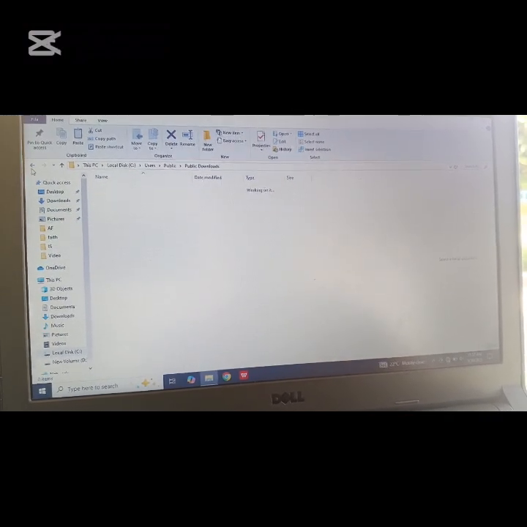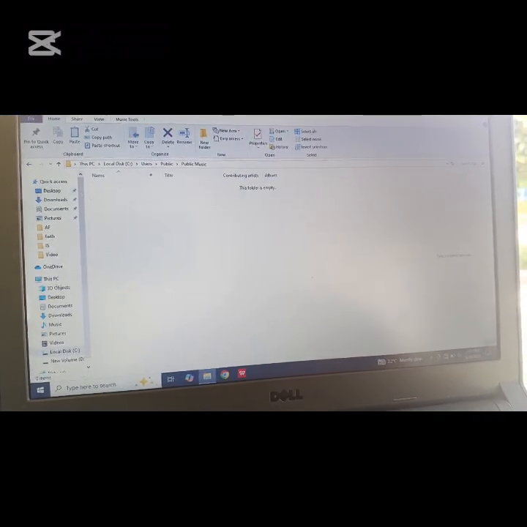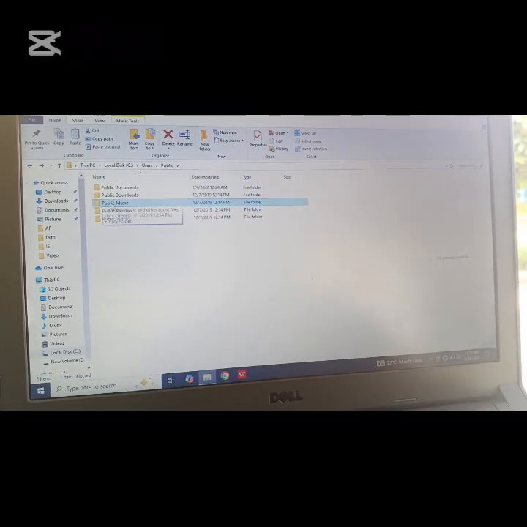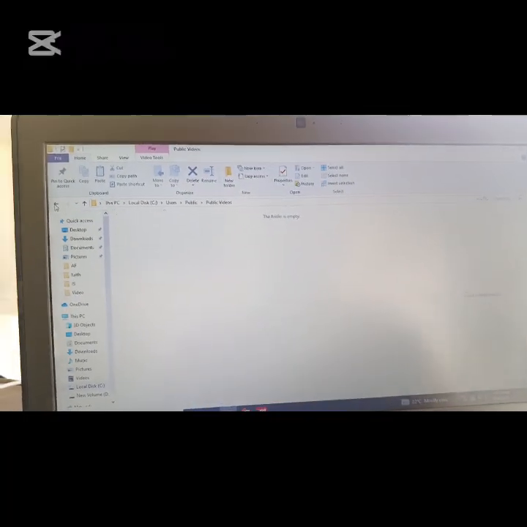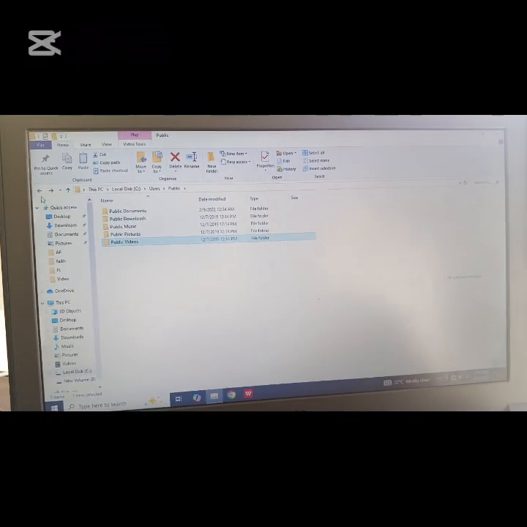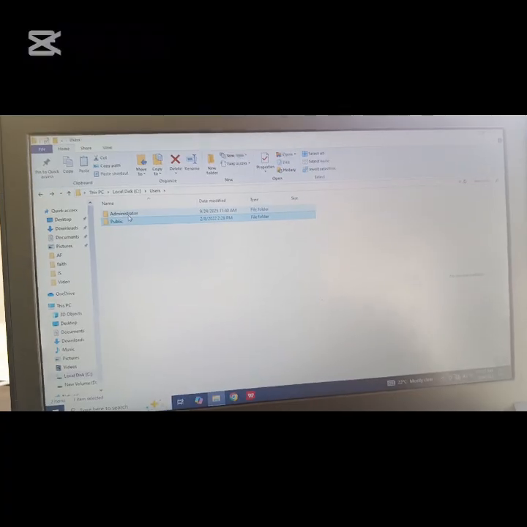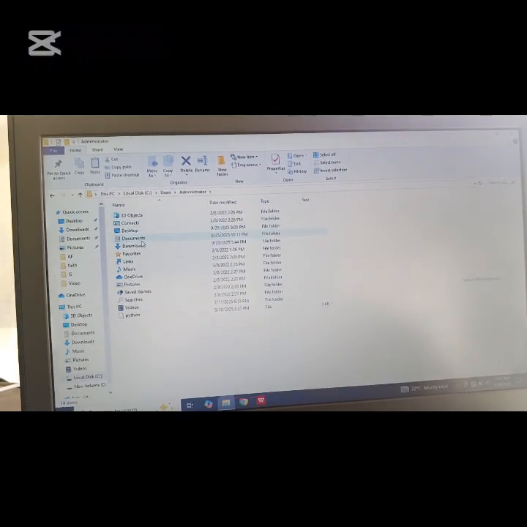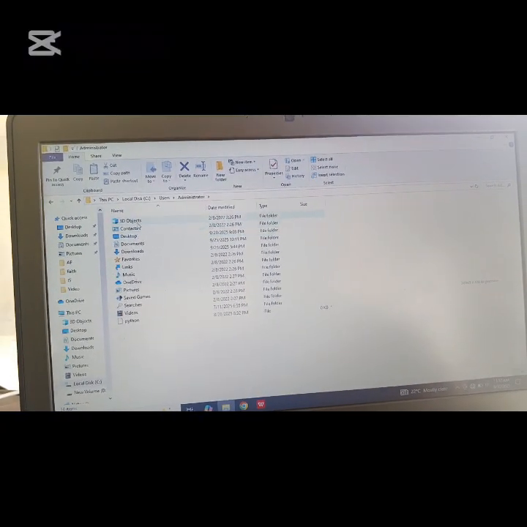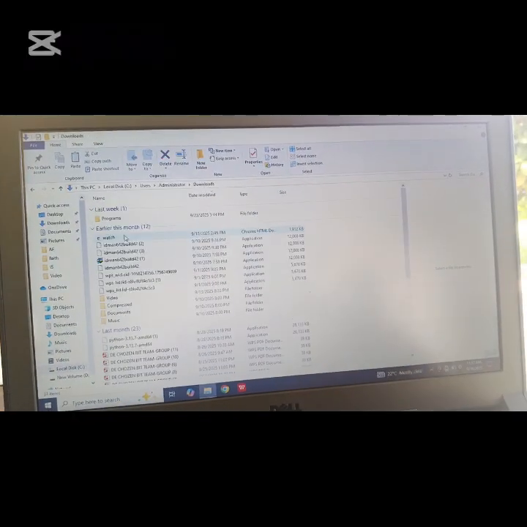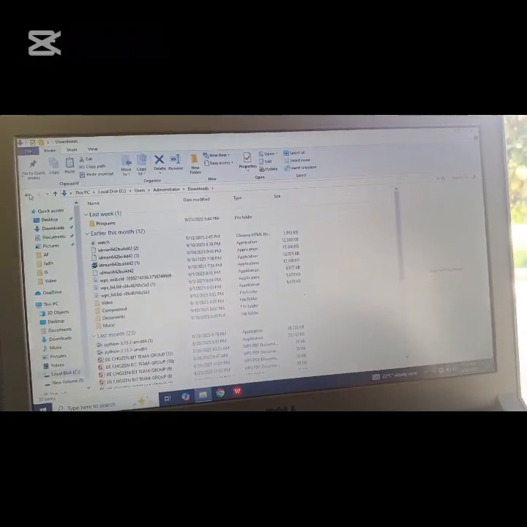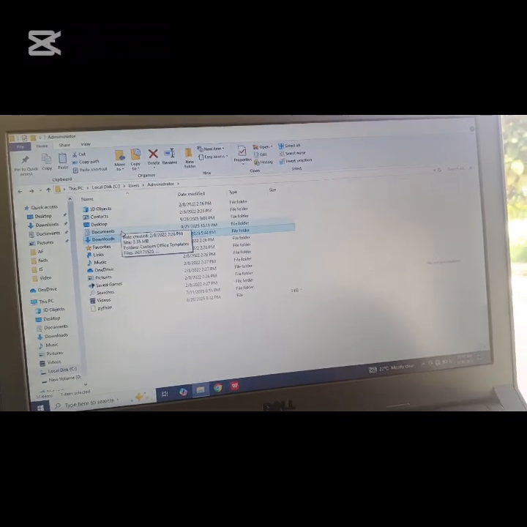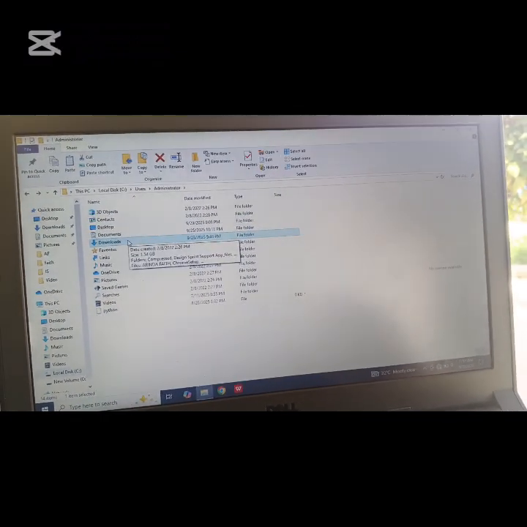Check through music. There's no data. I check through pictures, there's no data. I check through public video, there's no data. So we are easy to go there. Now I go back, I come to the administrator, then I check through the downloads. So there's data, so I will have to back up the downloads to the partition local disk D,